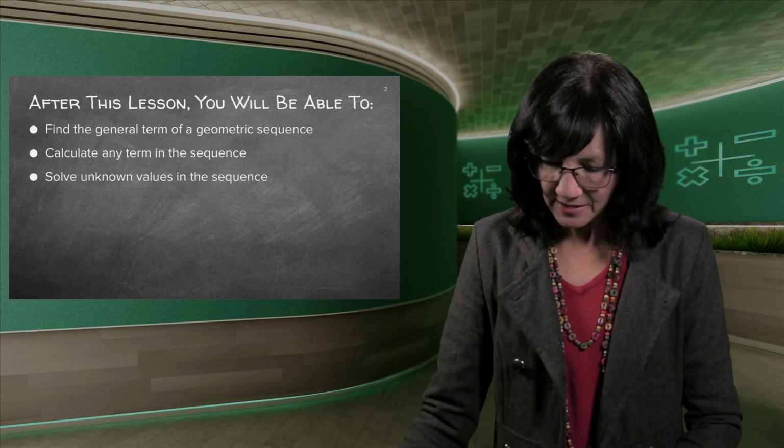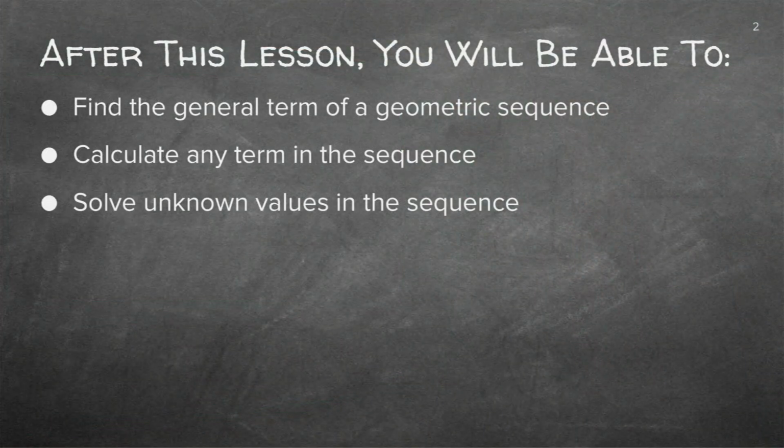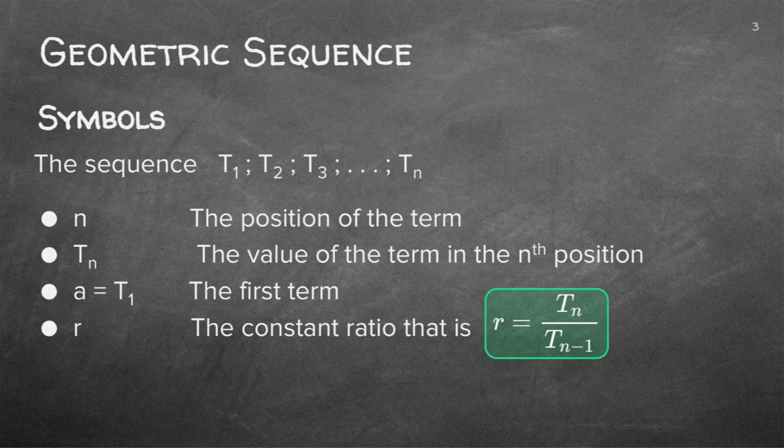Now, after this lesson, you'll know what a geometric sequence is. You'll be able to calculate problems with it, and unknown values, whatever they ask, you'll be able to do. Let's just see what this is about. It's still my terms, term 1, term 2, term 3, and term 4. N is still the position of the term. You remember the fourth, second, third. T stands for the specific value, the term itself. A is always your first term, T1.